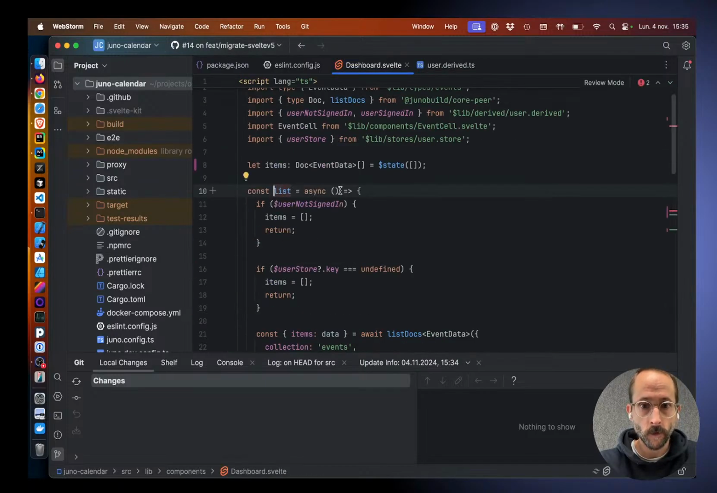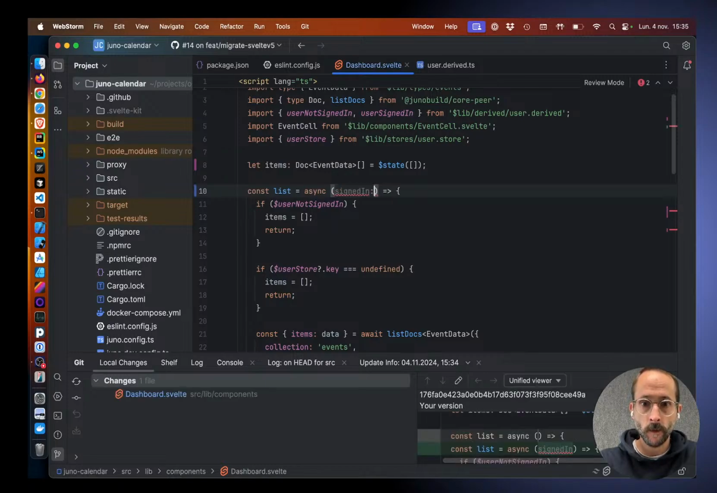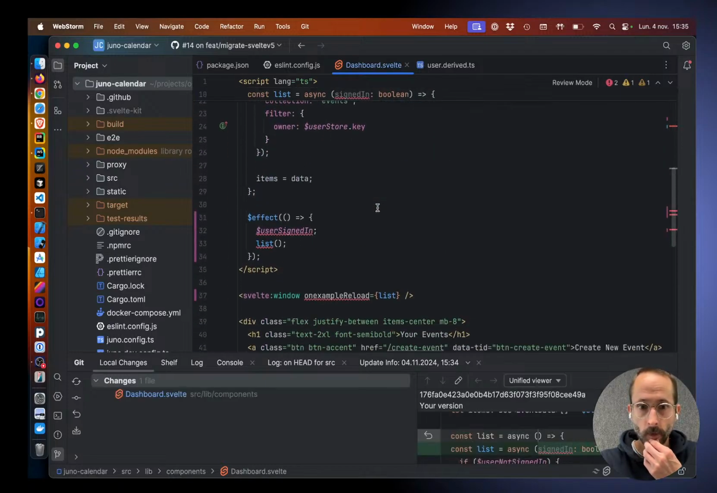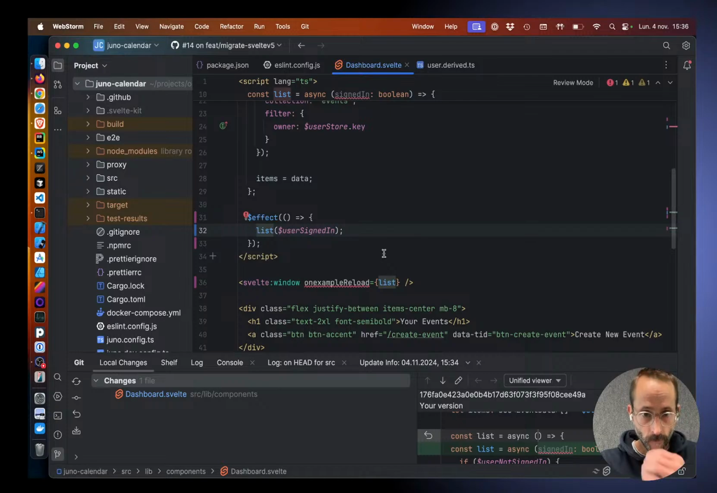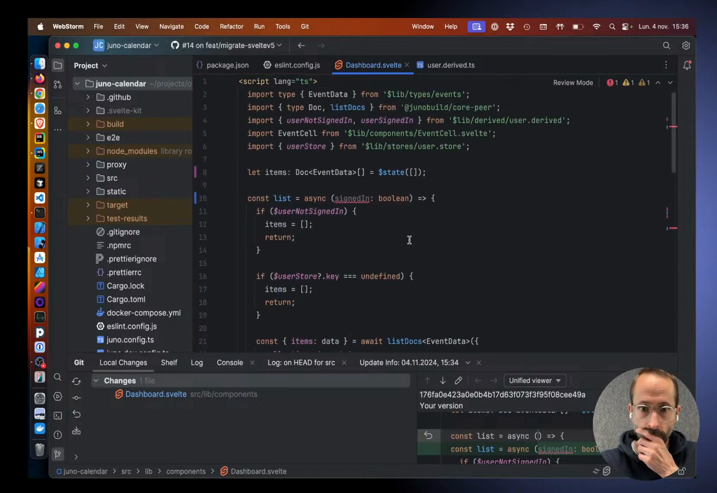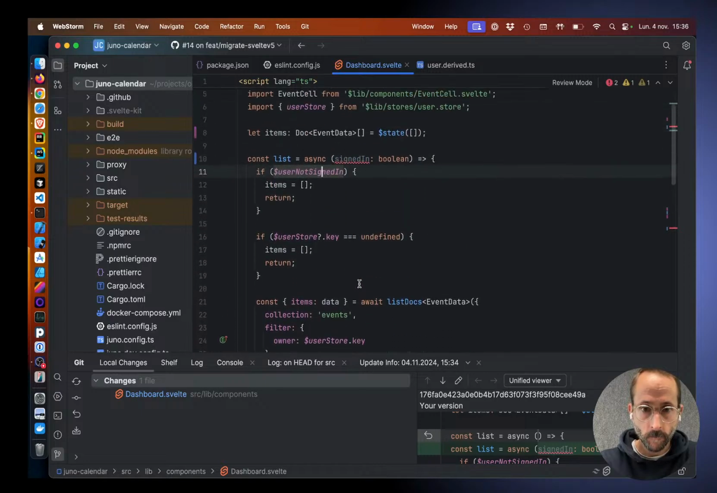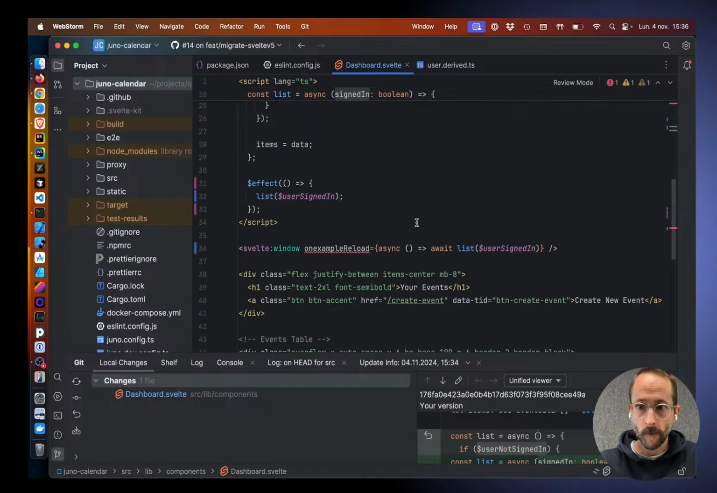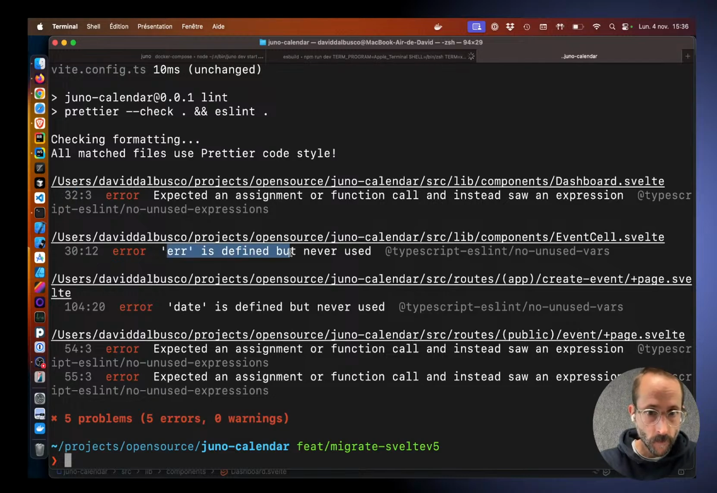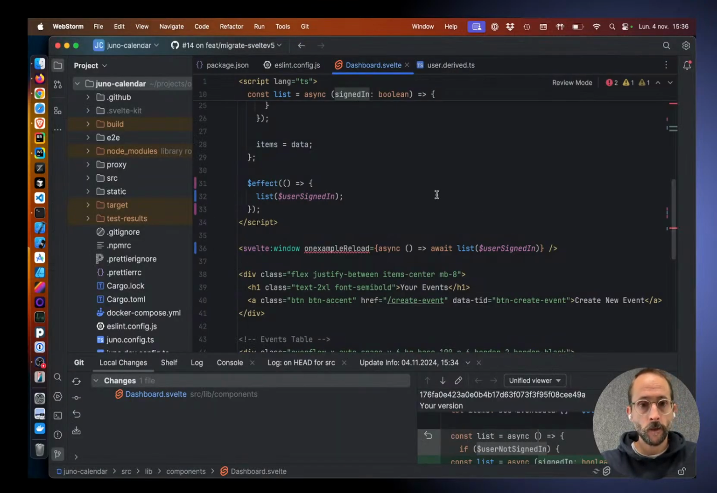So what we're gonna do is here we're gonna have signed in boolean, okay, and here we're gonna pass that as boolean. And here we're gonna have the same, and here user signed in, and do that. Okay, and then in event cell on line 30,